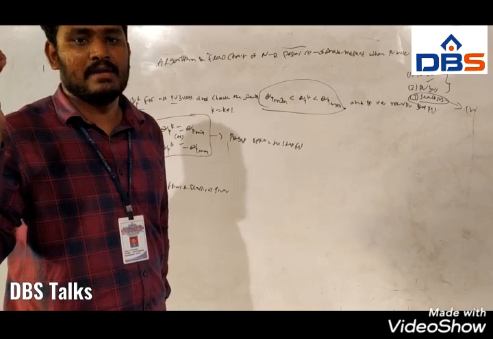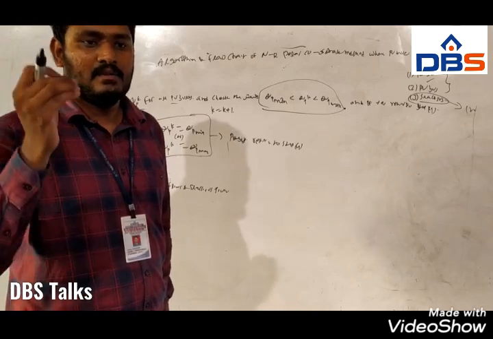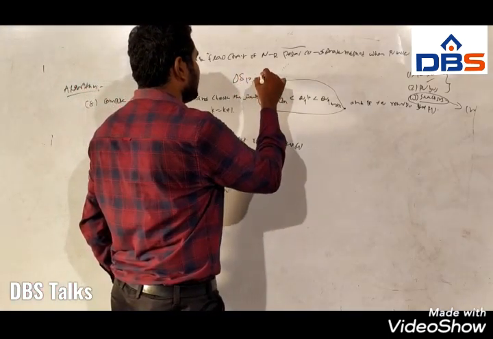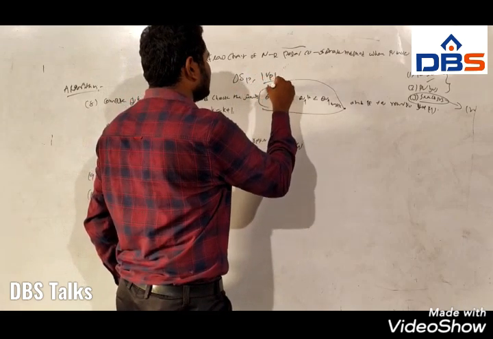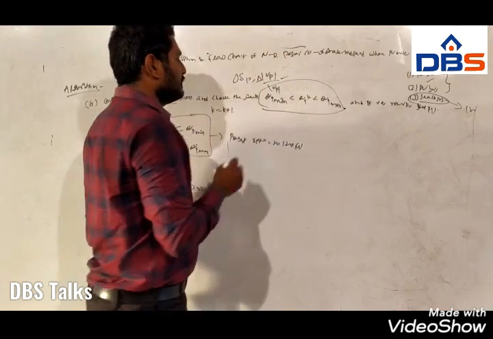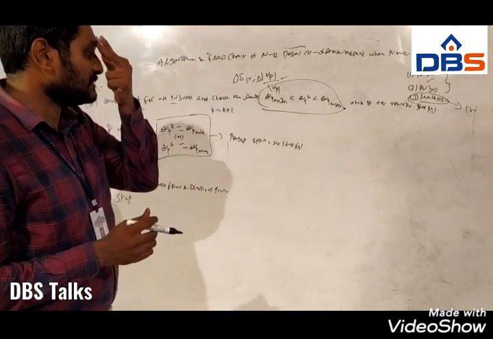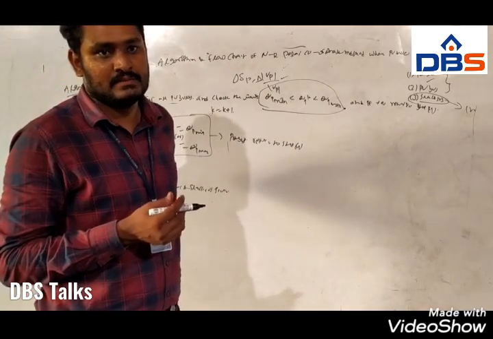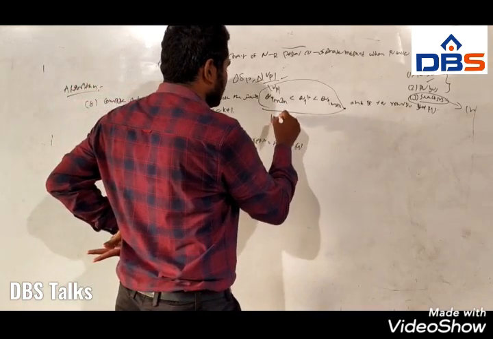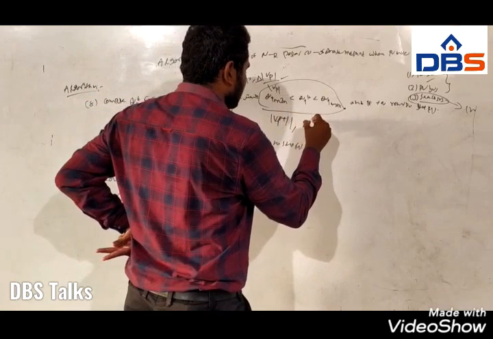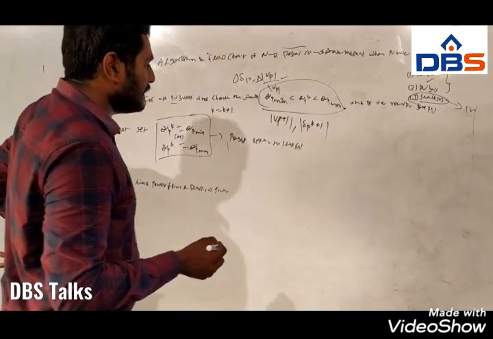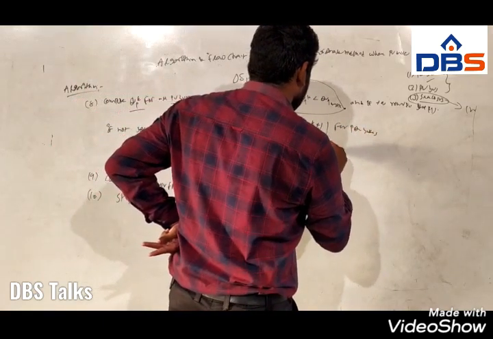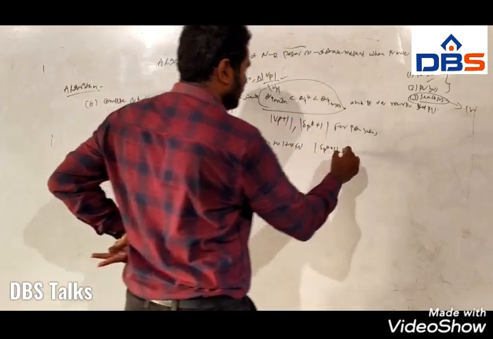That is, compute the Jacobian matrix elements, and also we have to calculate delta P, and delta V by delta P. We have to calculate this phase angle and voltage magnitude, and after that we have to calculate the updated new bus voltage magnitude for all PQ buses, that is voltage magnitude V power K plus 1 and delta power K plus 1, and this is for all PQ buses, and for PV bus we have to calculate delta power K plus 1.